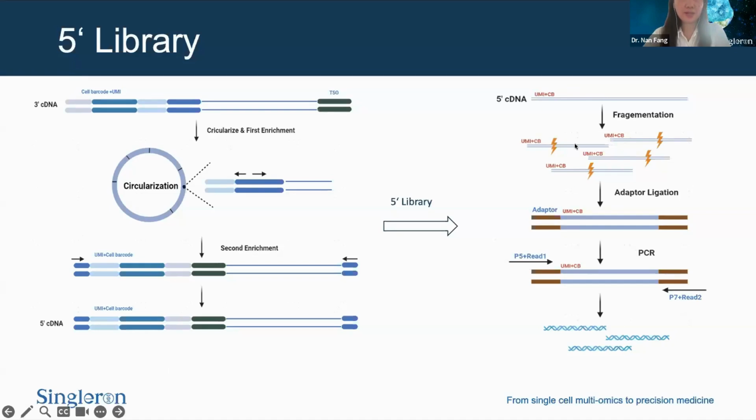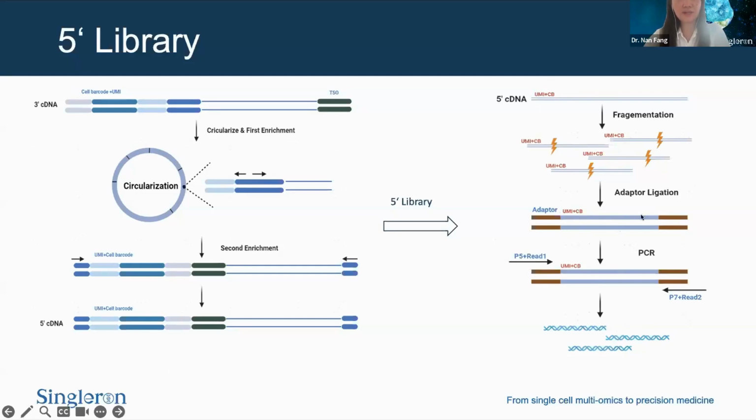And as you can see here on the right part, we do the normal random fragmentation of the 5' cDNA, and we do adapter ligation. And in this pool of sequencing adapters, the 5' regions are now close to the same personal ID of the same cDNA,